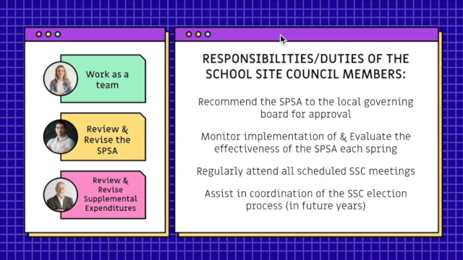The school site council will make sure that we write goals. We'll make sure that we say, hey, if these are our goals, then this is the amount of money that we have, and this is the amount of money we're going to spend on each goal. We have to monitor whether we're meeting those goals. And then lastly, we just make sure that you and us, the members, are attending the school site council, as well as making sure in future years we're all working together to conduct the election, okay? And we'll talk about elections in a second.